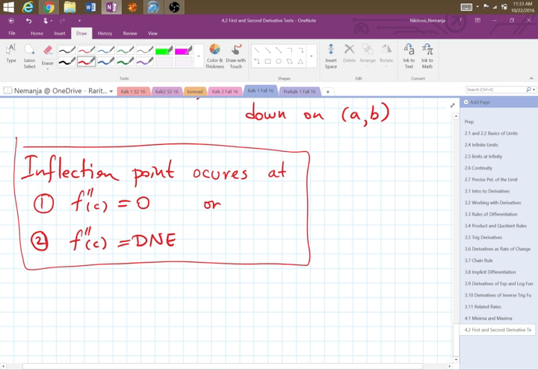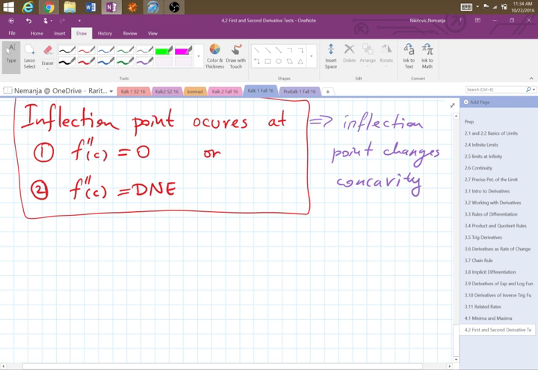What is the inflection point? An inflection point is where the concavity changes. So an inflection point changes concavity. And guys, every time you have this does not exist, that probably means a vertical asymptote there. So an inflection point changes concavity. And also I want to stress the